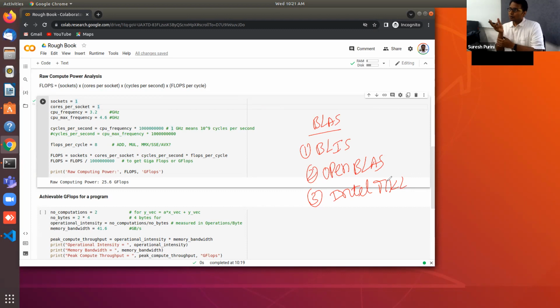And if you look at the top 500 supercomputers, how much performance they are giving, in order to measure that, we use these BLAS programs. These are called dense linear algebra programs. And then we also have a set of problems for sparse linear algebra, because in many computer